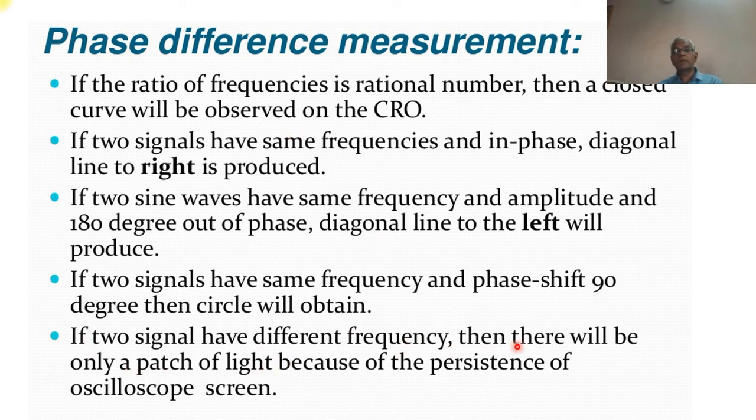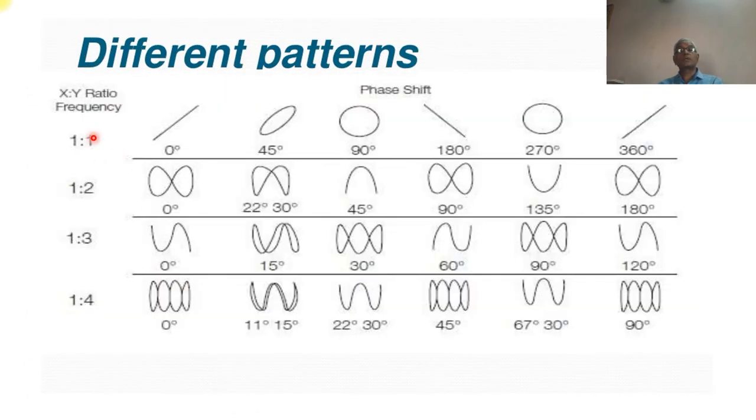If the two signals have different frequencies, then there will be only a patch of line because of the persistence of the oscilloscope screen. And this is what I was talking about. When the frequency ratio is 1 is to 1, meaning the same frequency, and the phase is 0, we get a vertical line. If the phase difference between the two is 45 degrees, we get this oblique ellipse, then at 90 degrees a circle,